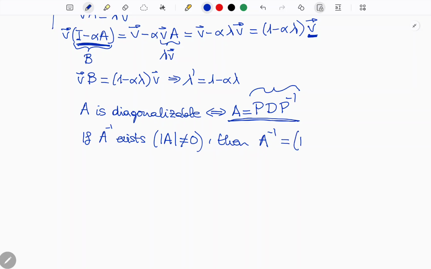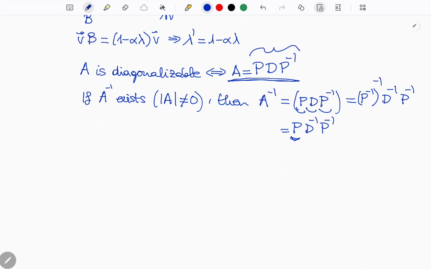The inverse of this expression is the multiplication of the inverses, but changing the order. So I write the inverse of this first, then the inverse of this, and then the inverse of this. So I write the inverse of P to the minus 1, then the inverse of D, times the inverse of P. And the inverse of the inverse is P, so this is P times D to the minus 1 times P to the minus 1. So this is telling me that A to the minus 1 is also diagonalizable,